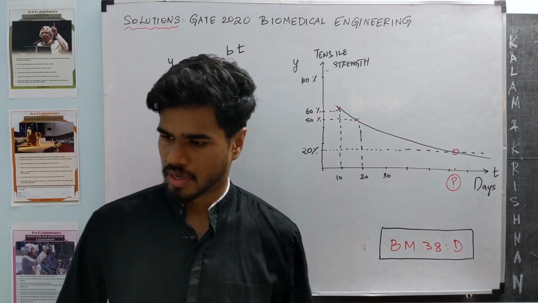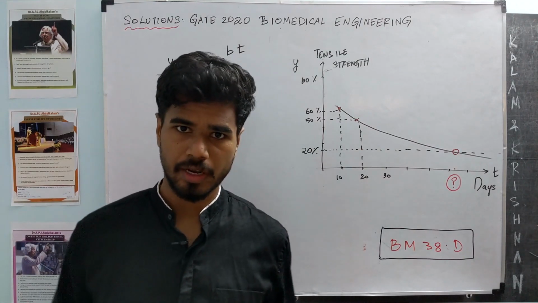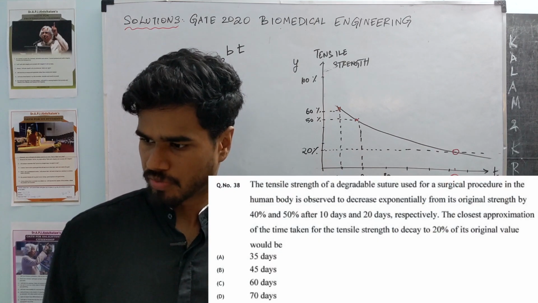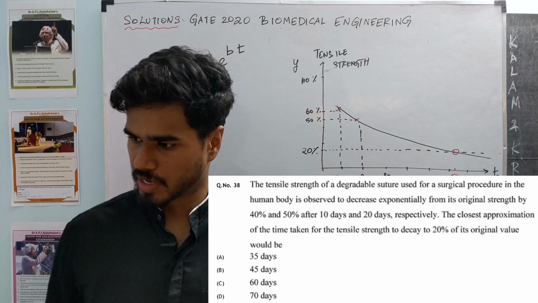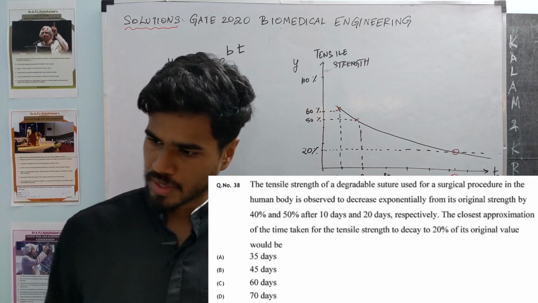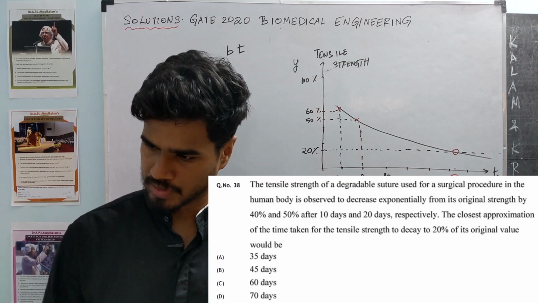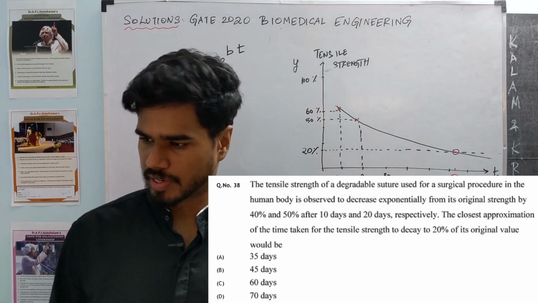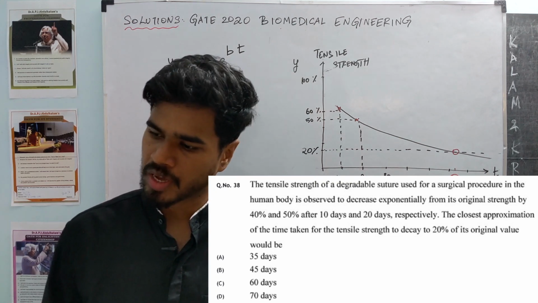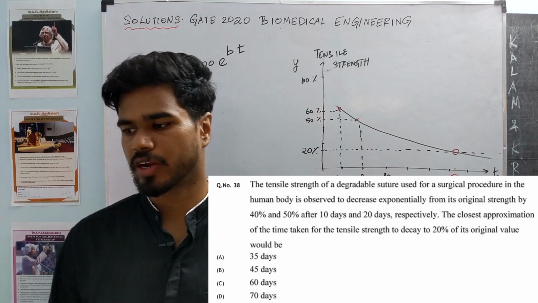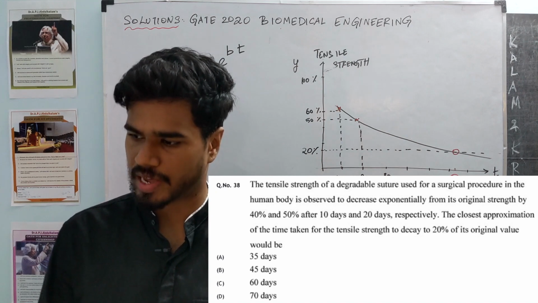38th question. I think this is one of the most ill-posed questions in the whole question paper. The tensile strength of a degradable suture used for a surgical procedure in the human body is observed to decrease exponentially from its original strength by 40% and 50% after 10 days and 20 days respectively. The closest approximation of the time taken for the tensile strength to decay to 20% of its original value would